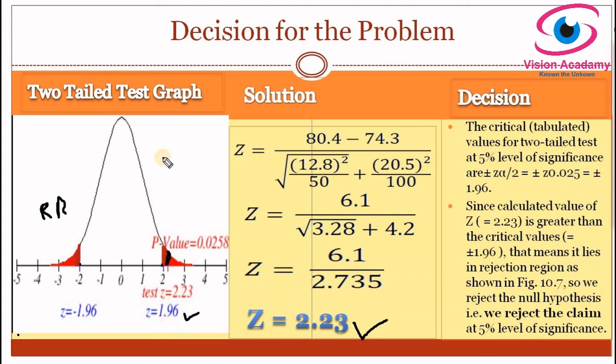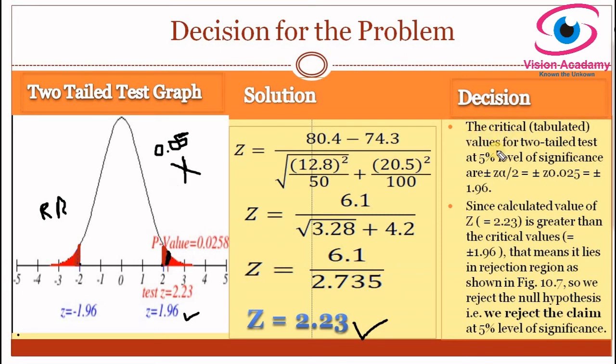We can also take the decision based on the p-value by comparing with alpha. That's alpha in this example is 5%, 0.05. Compare the p-value with alpha. Our alpha is 0.05 and our p-value is 0.0258, which means our p-value is lesser than the alpha significance value. Since it is lesser than the significance level, we have to reject this null hypothesis. Always our p-value must be greater than alpha to accept the null hypothesis. In this case, our alpha is greater than the p-value. So we have to reject the null hypothesis.